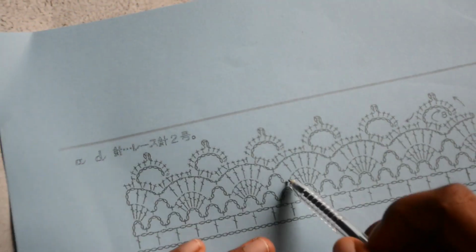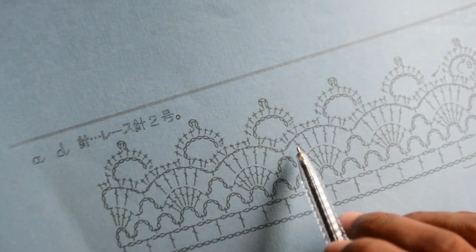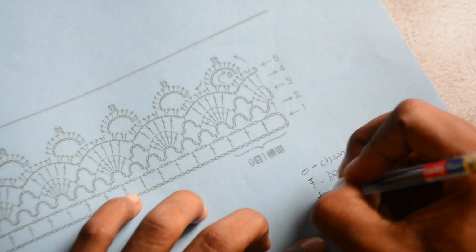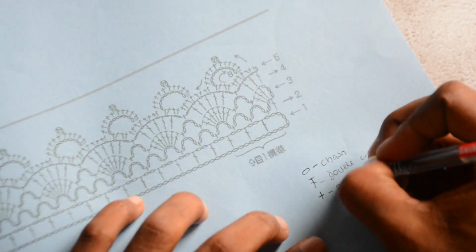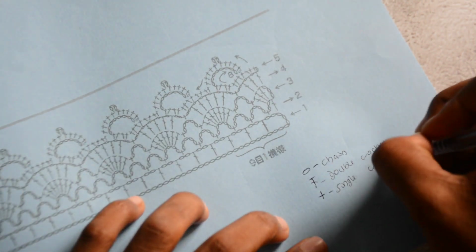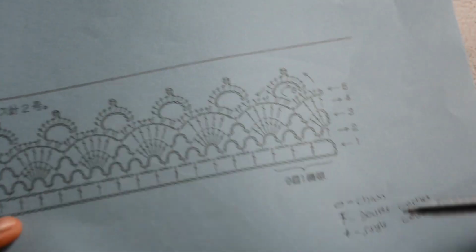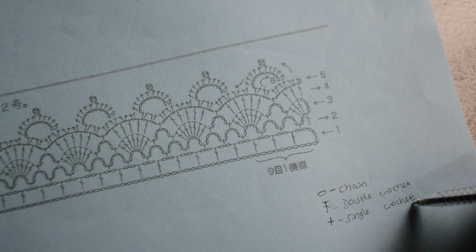And lastly, we can see this one with plus signs on it. That's the last icon, and those ones represent single crochet, and I'm just writing that down. And that is all the icons we can see in this diagram. Now that I've written it out,